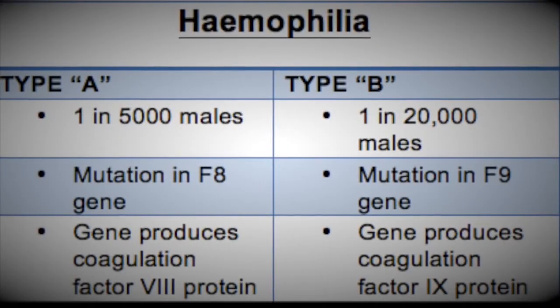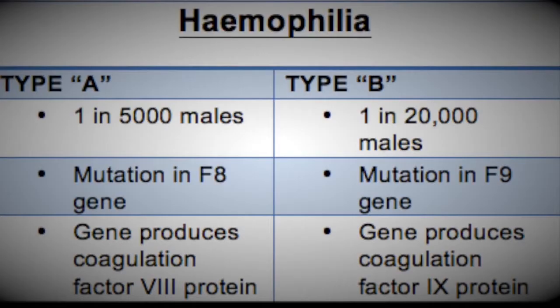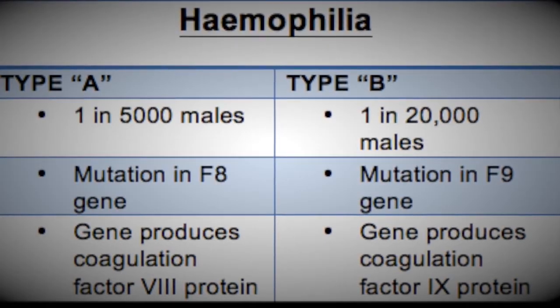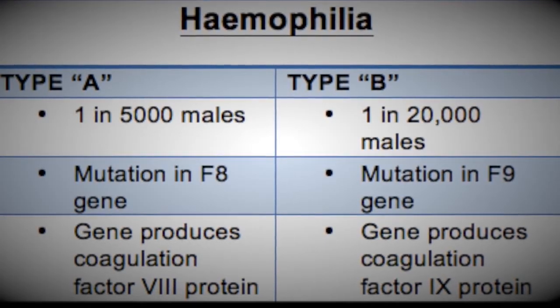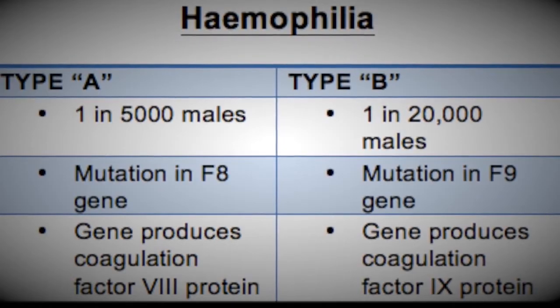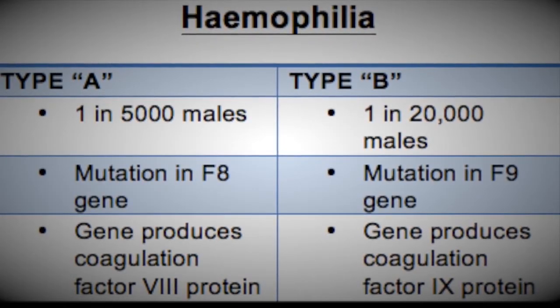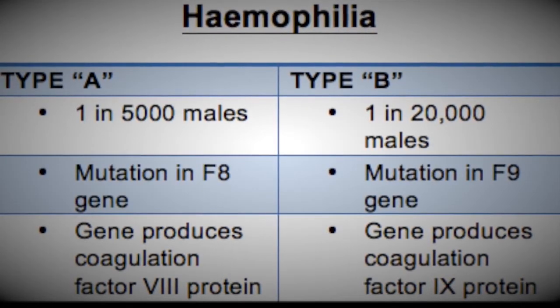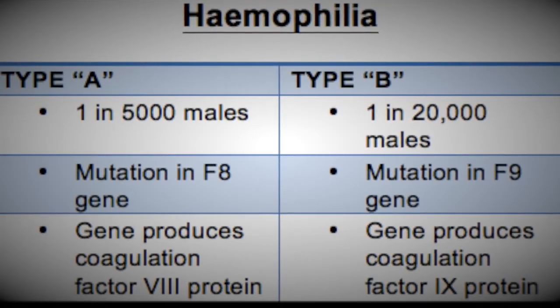There are two main types of hemophilia, A and B. Hemophilia A is the most common form of the disease and is found in 1 in 4,500 males. In order for the disease to occur, a mutation in the F8 gene needs to happen. The F8 gene is important to produce the coagulation factor 8 protein, which works with platelets in the blood to